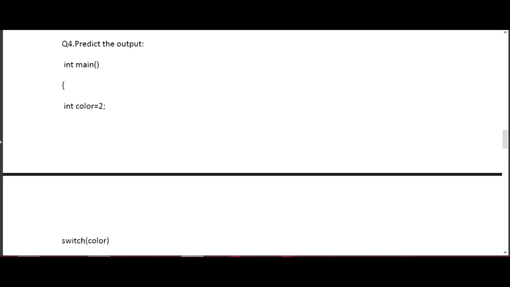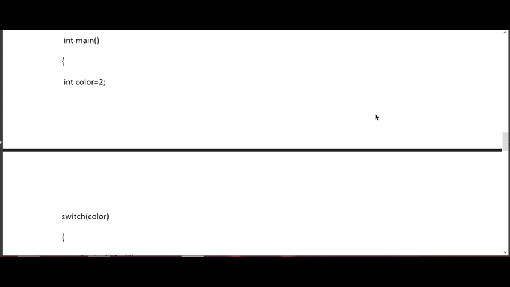So what we will do is compile it in our mind, how the code will execute, and we can write down in a notebook side by side what the value is right now and what the value will be next. Here you can see I have defined an int color equals 2 in main, and then I have given a switch in which I am passing the color value. In color the value is already 2. We are not entering anything from the user, so the value is already 2.